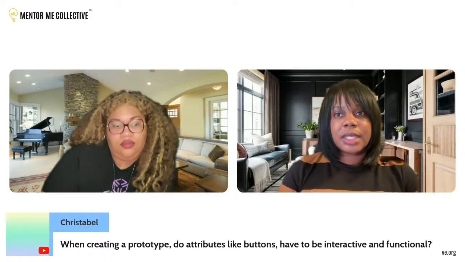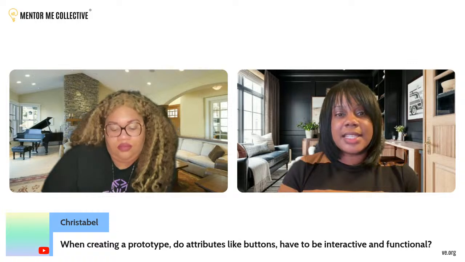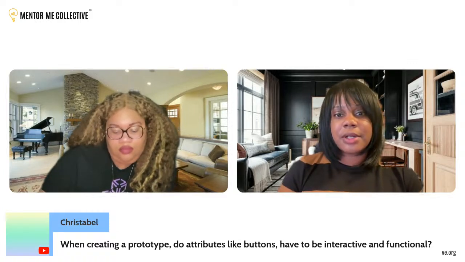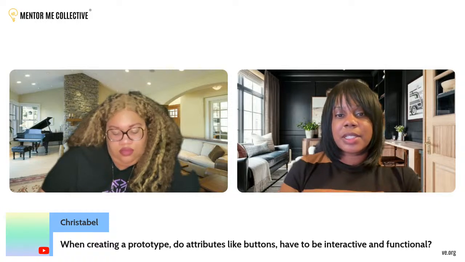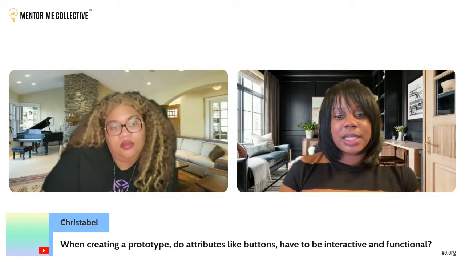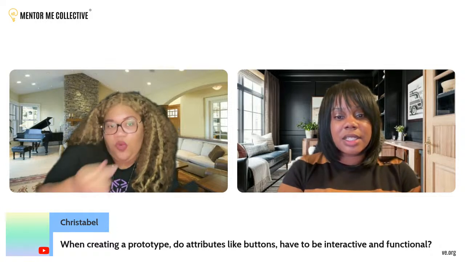If there's anything interactive, like a button or a drop down or a caret that you would expect to be active on a live website, I highly suggest making it interactive